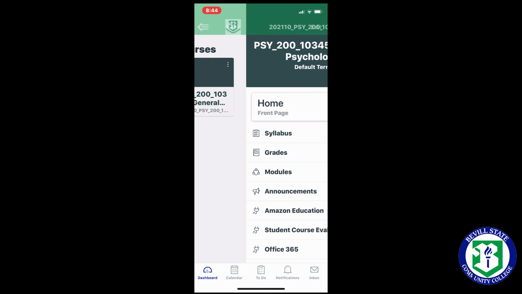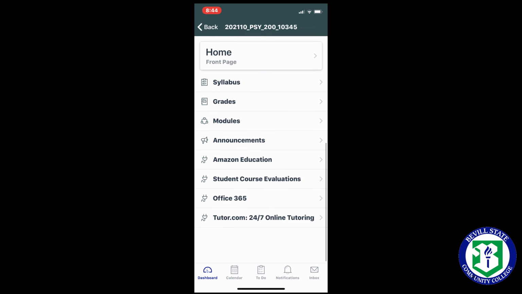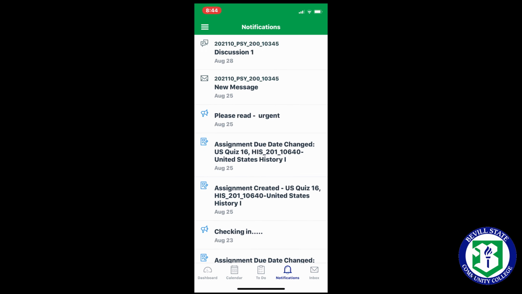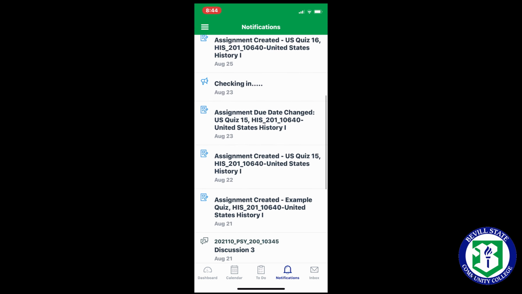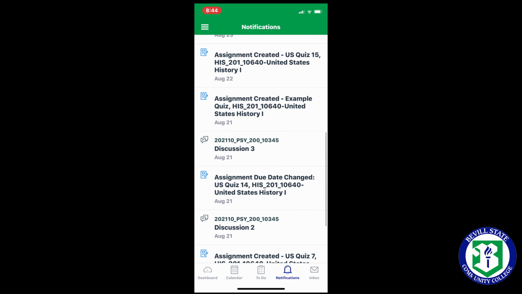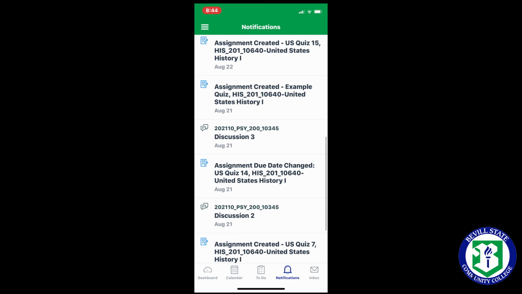Once logged into the app, you can see you have all the same access as you would on the dashboard of your desktop Canvas. You can also set notifications to receive a notification if an assignment has posted or there's a new